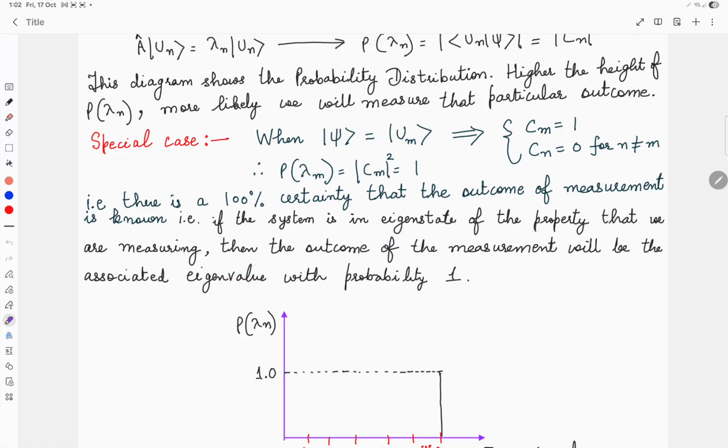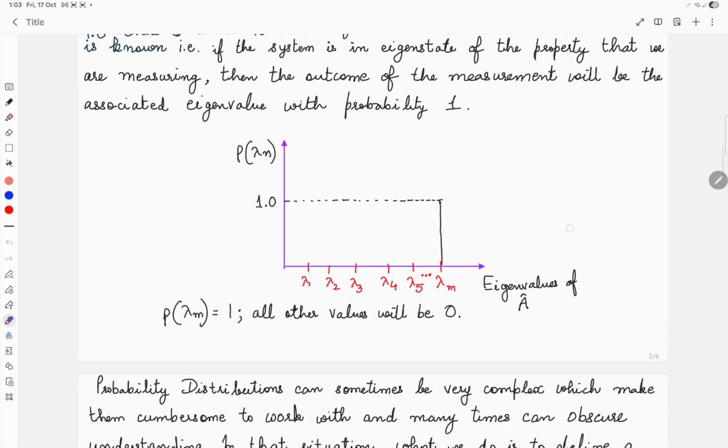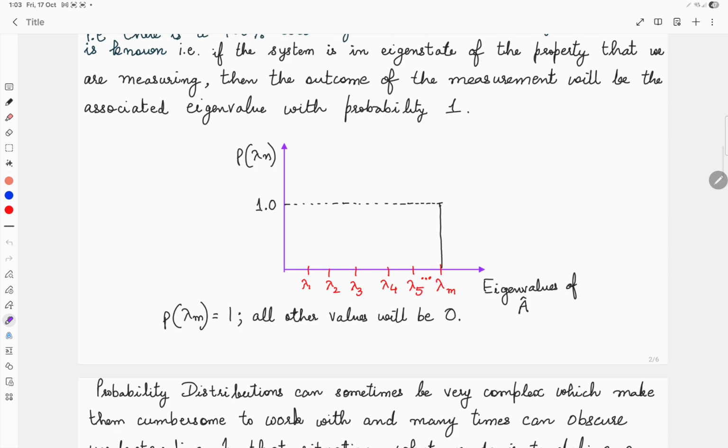So this is a special case basically. Then the outcome of the measurement will be the associated eigenvalue with probability 1. So this is the lambda. In the diagram between eigenvalues and the probability, if the quantum system is in eigenstate ket um, then definitely the measurement outcome will be lambda m. That's why I am showing this lambda m with a probability 1 in the probability eigenvalue curve or probability